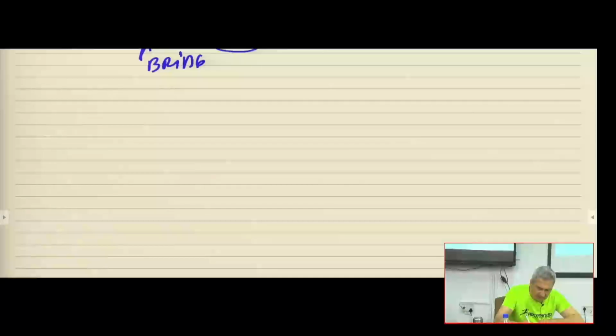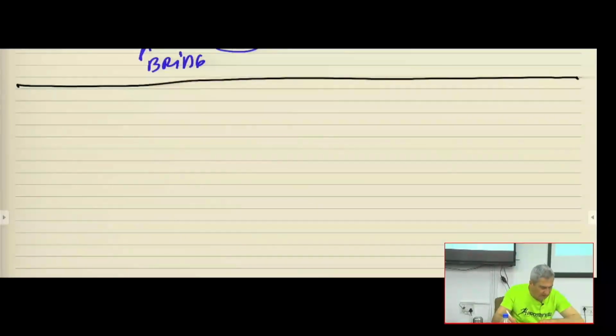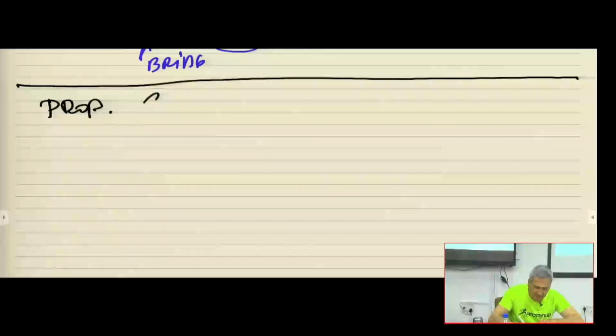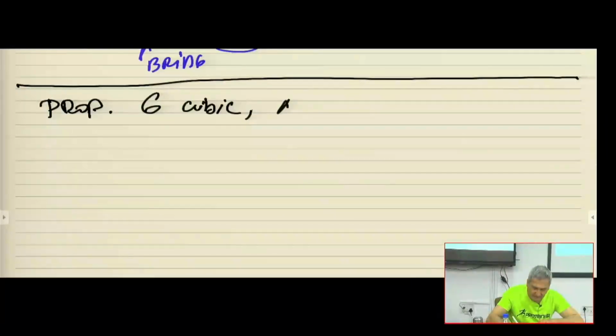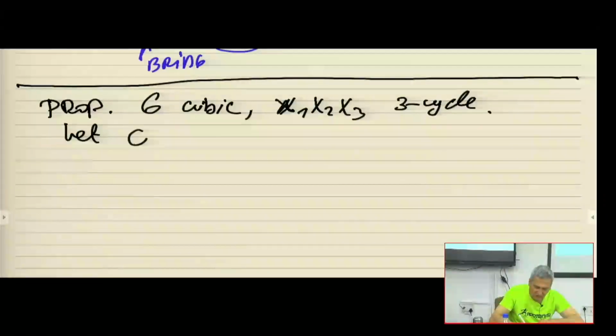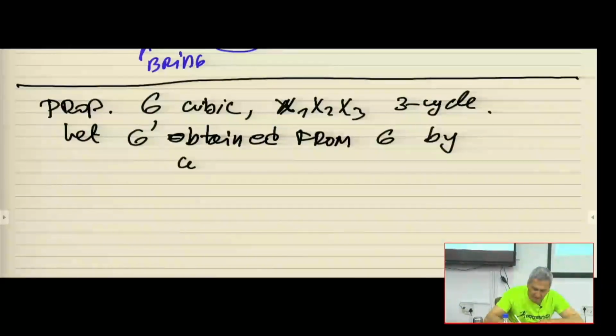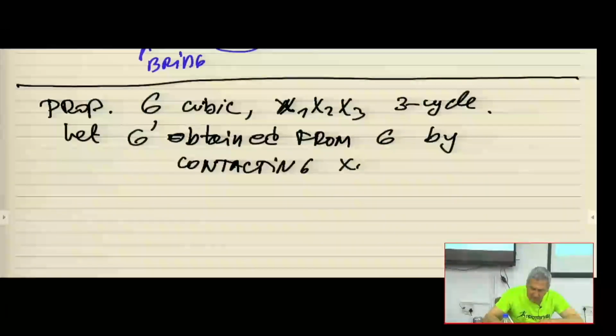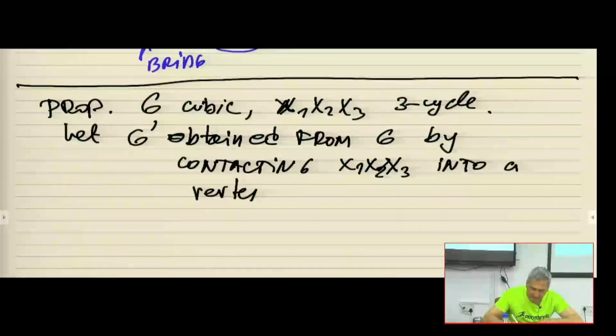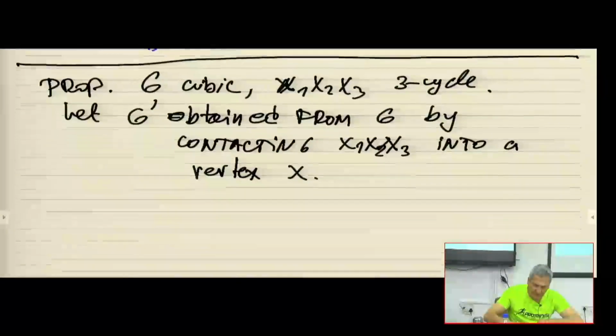Let's make it a proposition. Let G be cubic with a 3-cycle, okay, let G prime be obtained from G by contracting x1, x2, x3 into a vertex x. Okay, we will draw it. Then